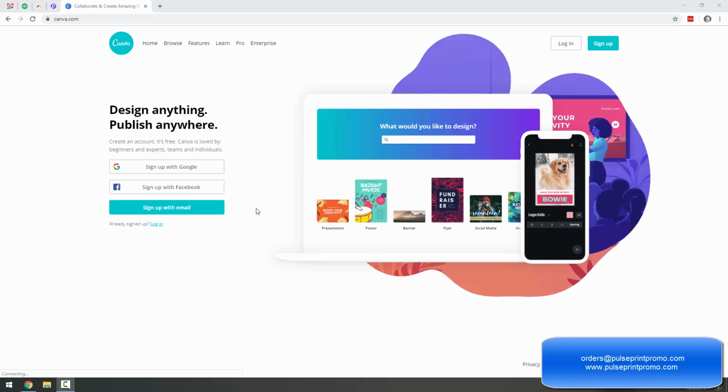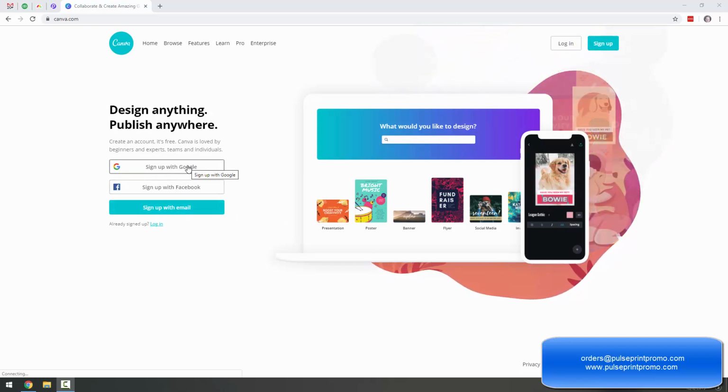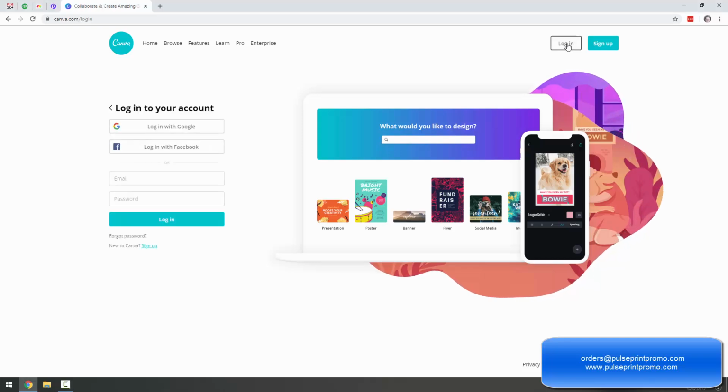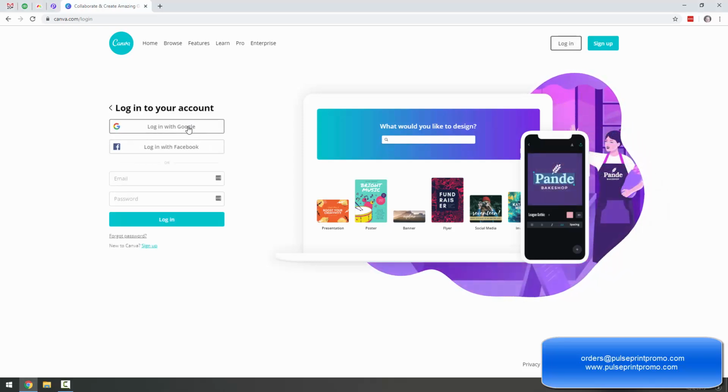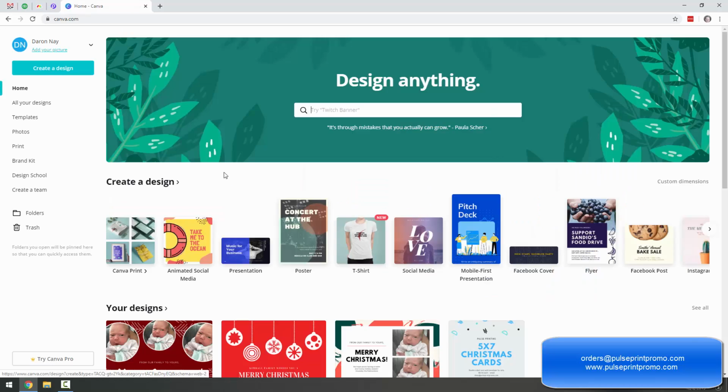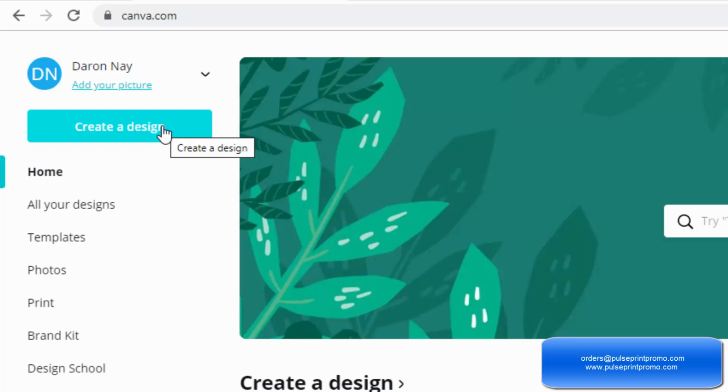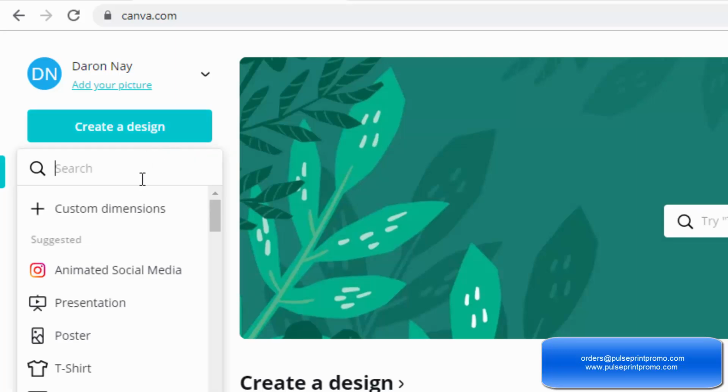You can sign up with your email, or you can sign up with a Google or Facebook account. So I'm just going to go ahead and log in with my Google account here. So I can click login and then just use my Google account. Once you're logged in, you can come up here to create custom design. Go ahead and ignore all the other pre-made templates down on the bottom, but we'll click create custom design